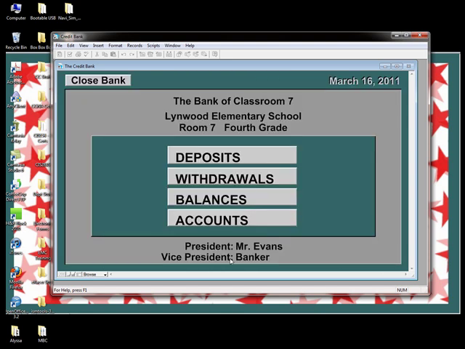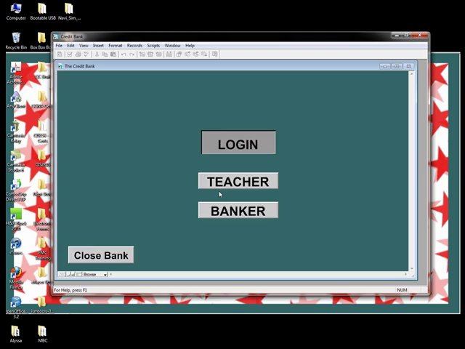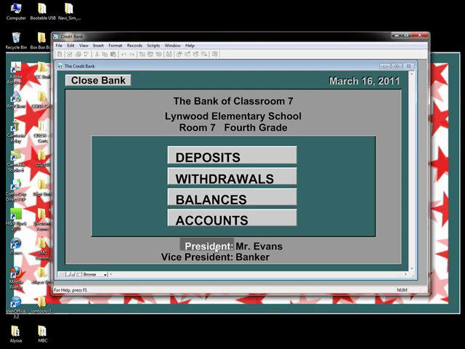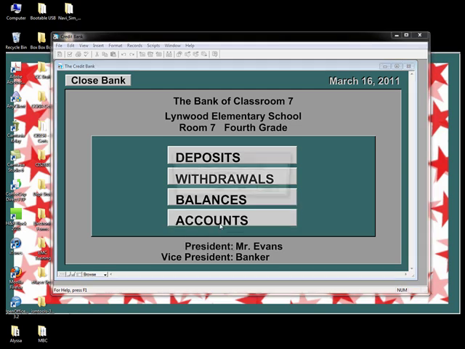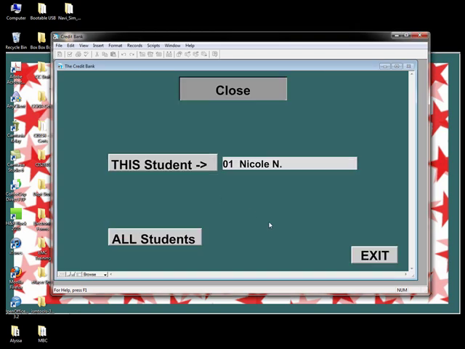Now it's time to delete the sample accounts and create new ones for your students. Click on Close Bank and re-log in. You'll need to re-enter the bank as the president in order to close the sample account. So we go in as the president, we click on Accounts, and we want to close. If we click on the All Students,